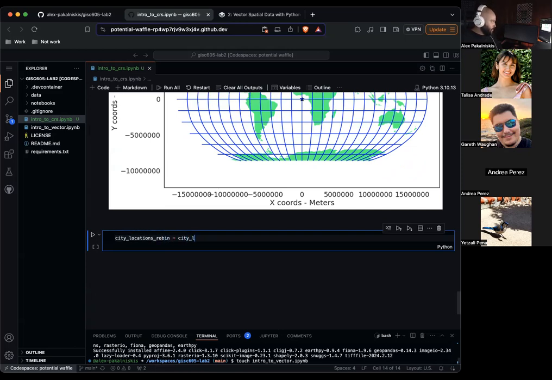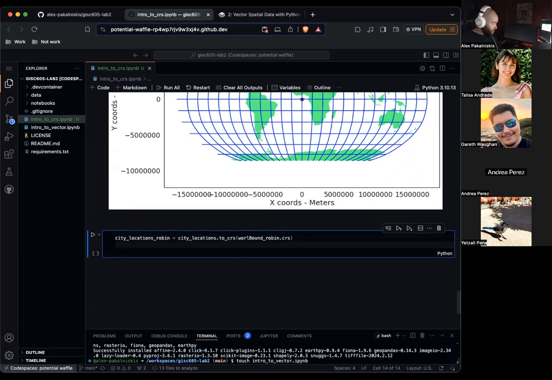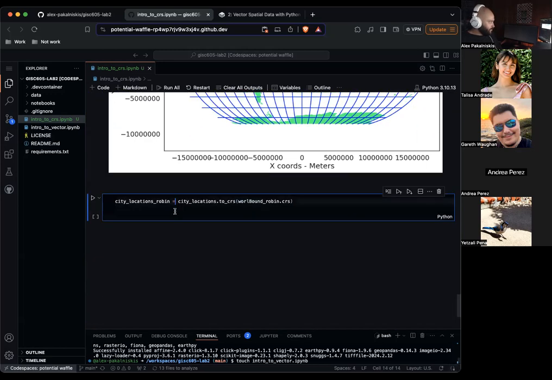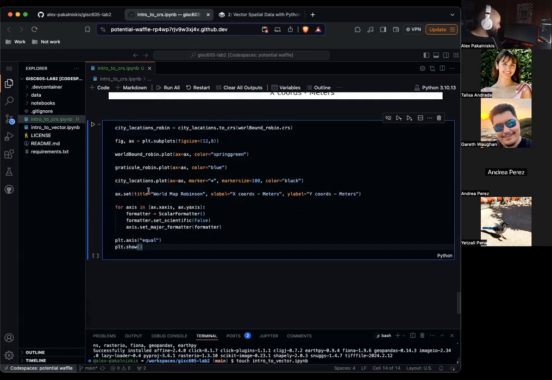City locations equals city locations dot to_crs, world bound robin crs. And then I'm going to not practice what I preach and do some copy pasting. We're going to change city locations to city locations robin.